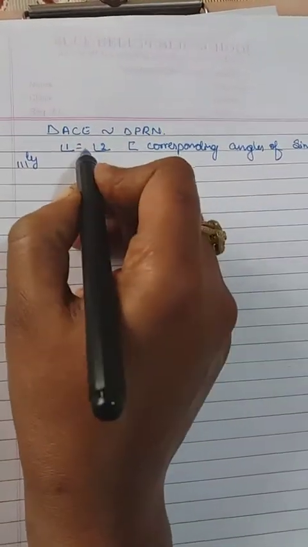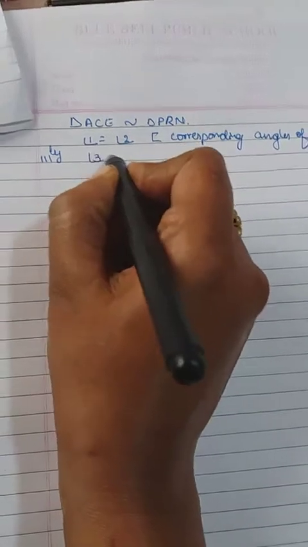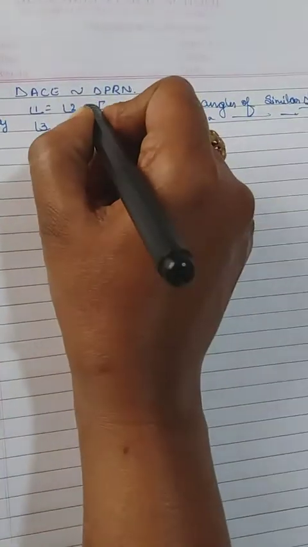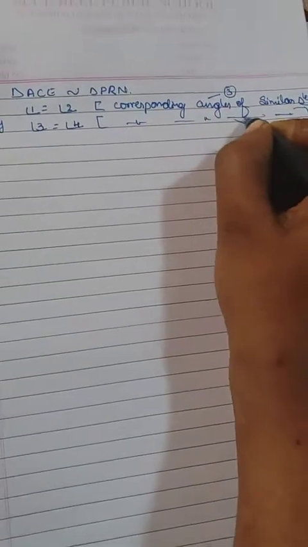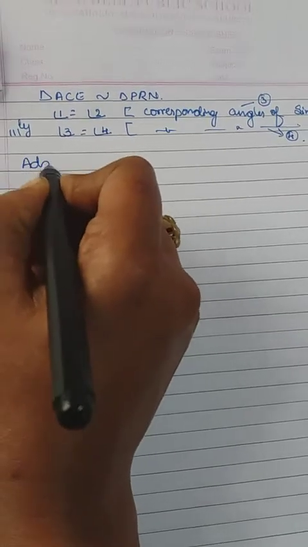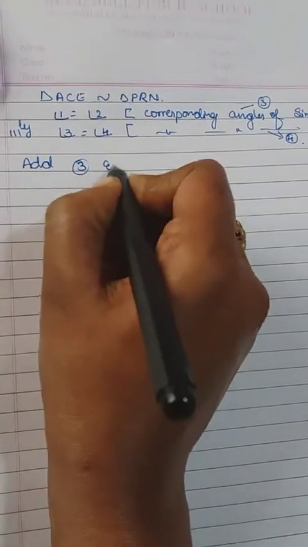In the same way, similarly we can tell, this is the similarity symbol. I told you, if angle 1 equal to angle 2, obviously angle 3 equal to angle 4. Obviously we can write angle 3 equal to angle 4. The reason is the same, because corresponding angles of the similar triangles here also. So take this as equation 1, this as 3, and this as 4, equation 4.